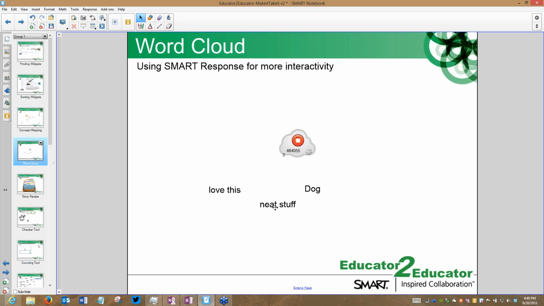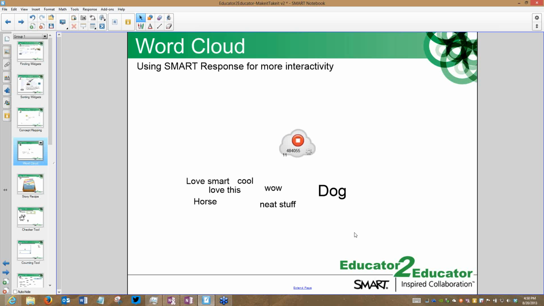This is very, very cool. You can see things are starting to pop up. If a response, just like the previous one, gets chosen multiple times, you will see that the name actually does start getting larger and larger as they respond. Now again, this one has the commands in here that I can limit the number of responses, I can restrict it. I have lots of options here. As you can see, dog has gotten very big because dog has been the most popular one. If you're familiar with Wordle, this almost reminds me of a Wordle thing. It's very, very cool.